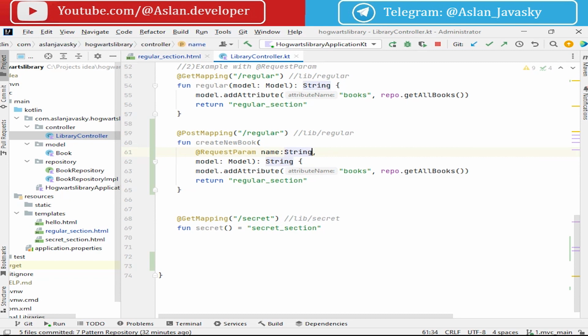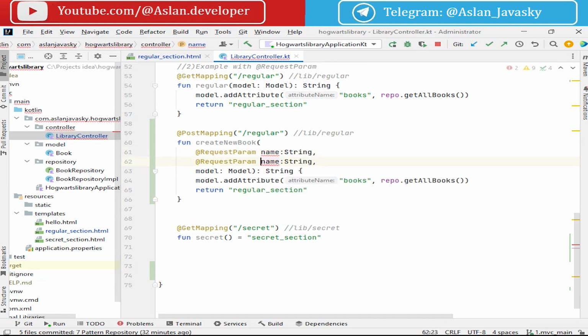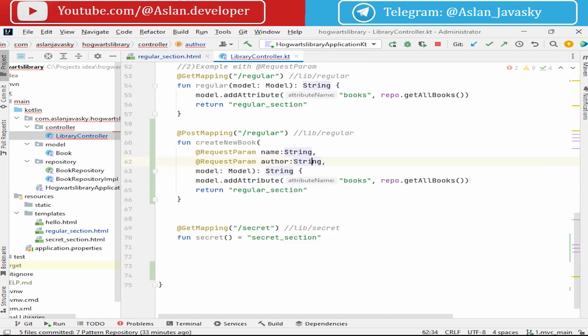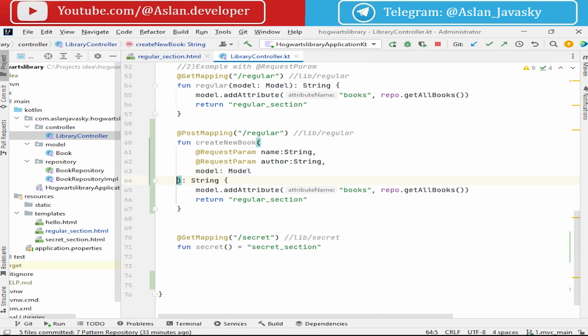If we use another name for the book, for example, we need to specify the name here. But if the name of the variable and the keyword of this param are the same, we can omit it and just write name for the string and author of string type. Okay, we will get it,